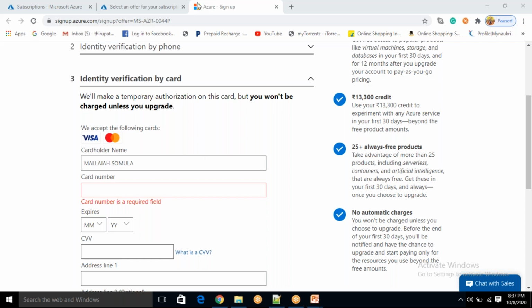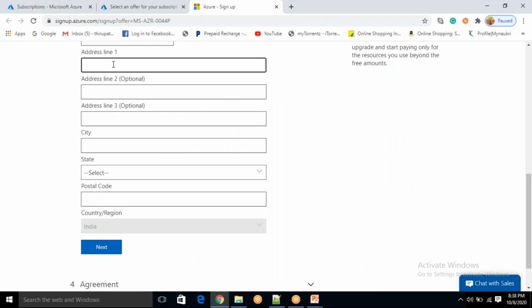Okay, so I entered my card details. Now I will just enter the address line. Whatever you want, you can enter something. You can say Guntur, or you can say Bangalore. Okay, Bangalore. Then here also you need to say Bangalore.